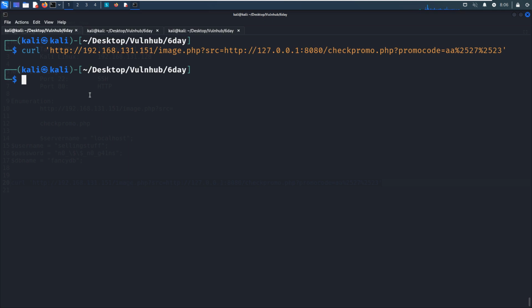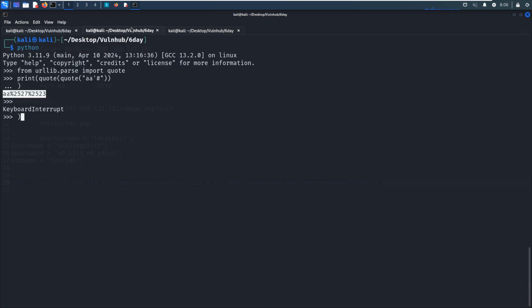So next we can try to retrieve the database information. But first of all, before we get there, we need to know how many columns are in the SQL statement.